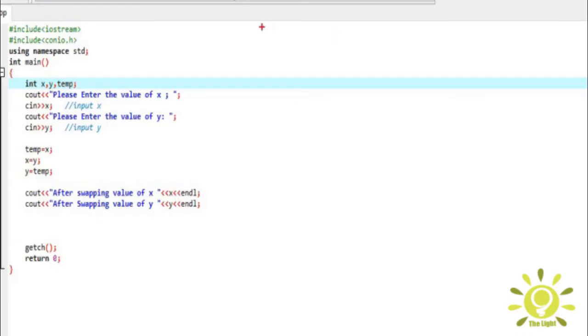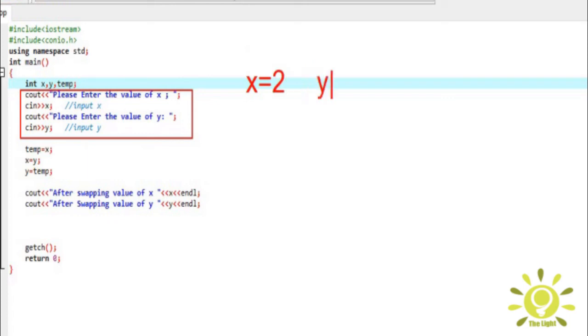Now understand the working of this program. First of all, control move into the main function and here declare 3 variables x, y and temp, that is integer type. And here guys, this one basically block is used for taking input from the user, and if user enter x is equal to 2 and y is equal to 4, so control move to the next statement and